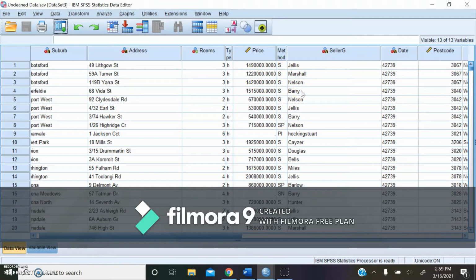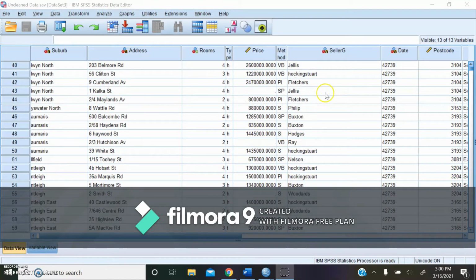A way to find this information more efficiently is to delete all entities that do not have Barrie as the seller attribute. However, I will pause here and say always save your original data set before making these kinds of drastic changes in your pre-processing phase. This action took the number of entities in our data set from